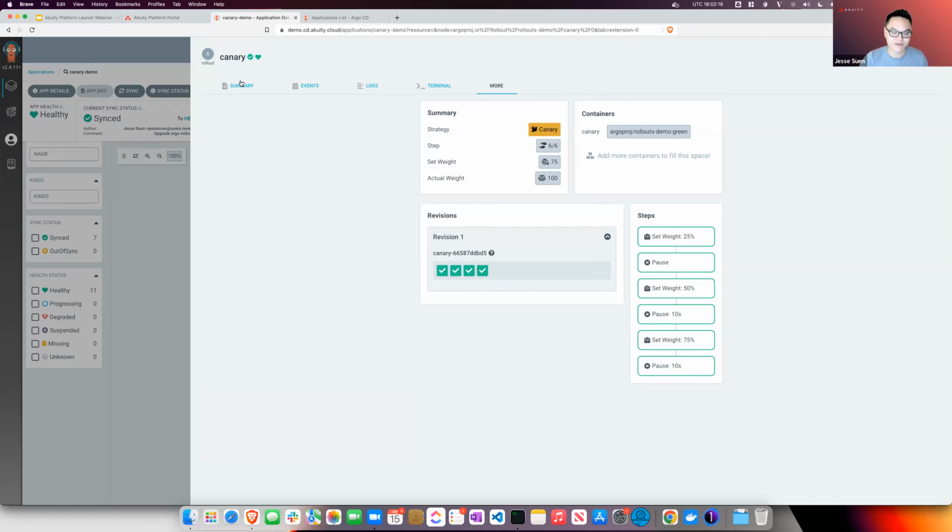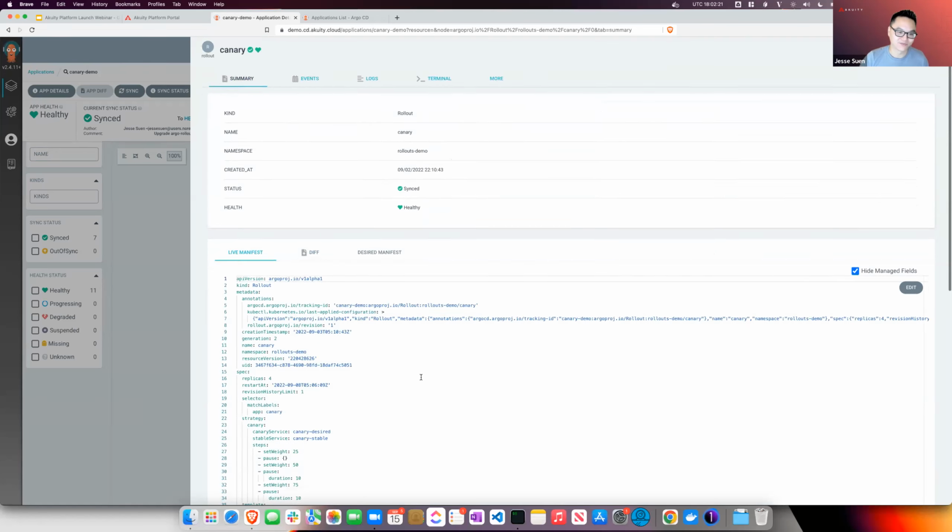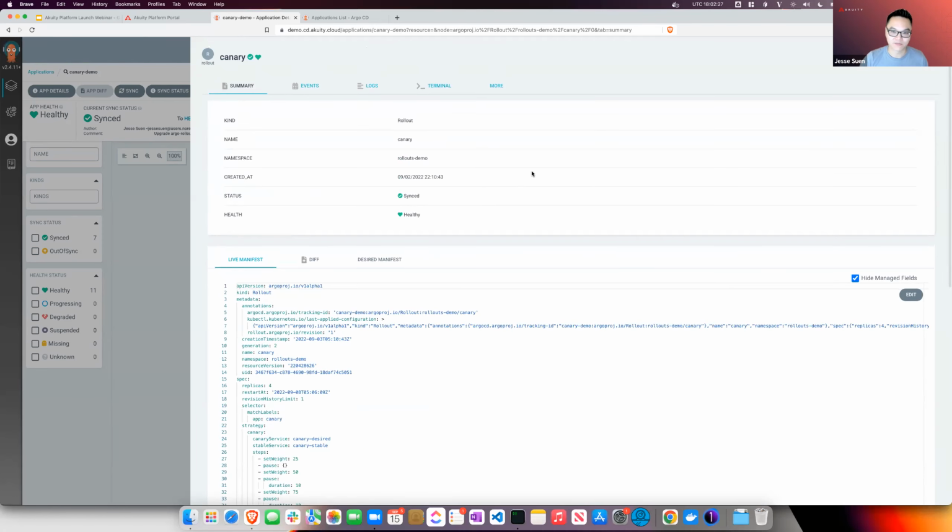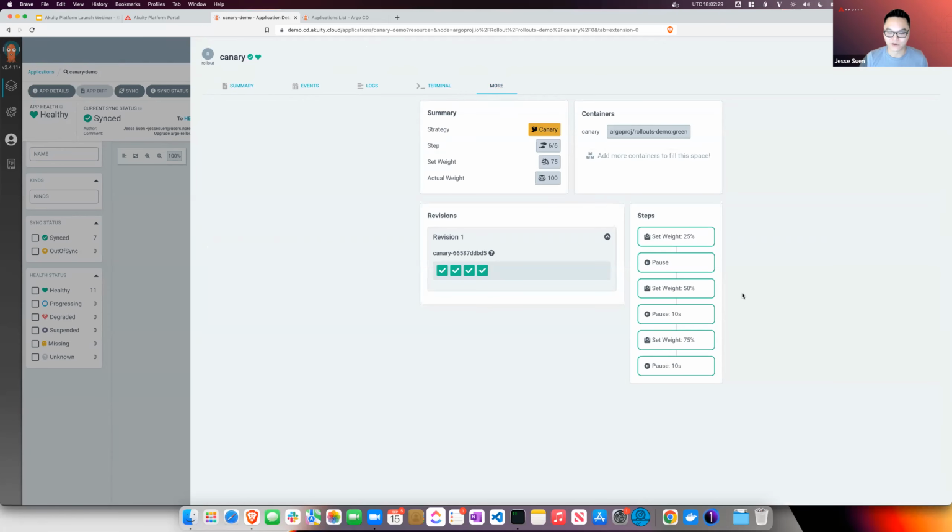Rather than staring at this to figure out what is going on with the rollout, it's much better to look at this. This is a much easier way to visualize and understand what's going on. This is what we call a resource extension, and we can do this for other types of complex resources. I think people would probably love an Istio extension or some Crossplane extensions. So that's at the resource level.